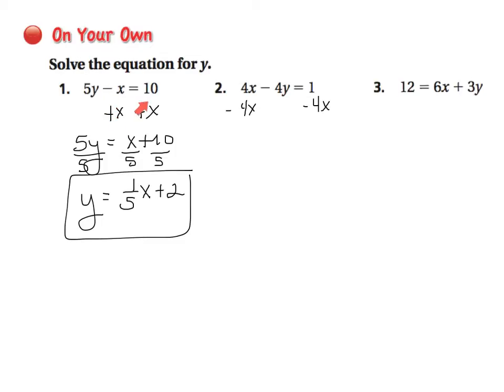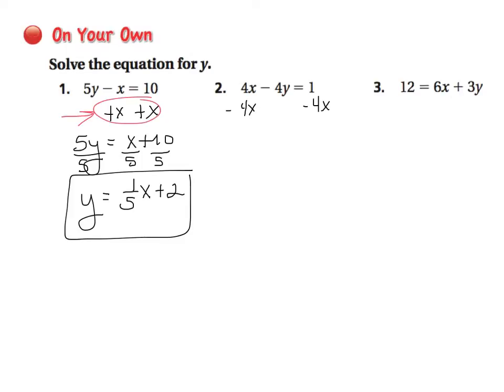Here I added x on both sides, and I got x plus 10. I then divided everything by 5. But notice here that in front of this x, I actually have a 1. So this is going to be 1/5 x. Now, I also want you to understand that what you're doing here is just moving these to the other side. And when they move, the inverse operations happen. So this is a minus x, or a negative x. You move it to the other side, it becomes positive. So if you want to skip this step right here,